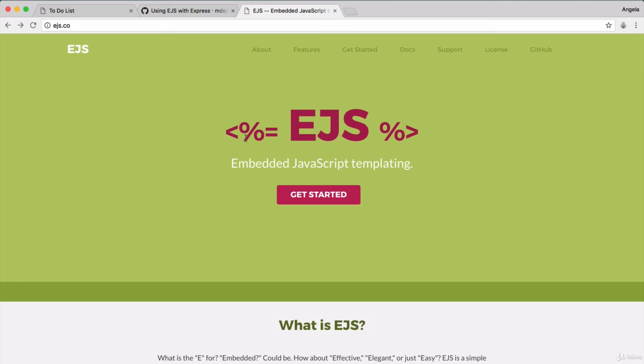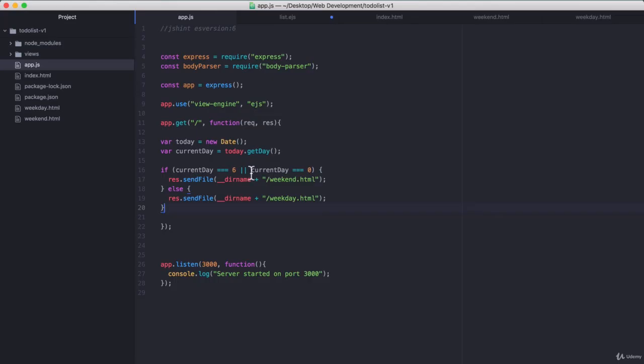It's an angle bracket, a percentage sign, and then an equal sign. Inside there, you're going to place your variable name, and you complete this tag with, again, a percentage sign and a closing angle bracket. This is a marker that tells the file to replace whatever is inside here with the value of the variable. So if inside our app.js, we check to see whether the current day was a Saturday or a